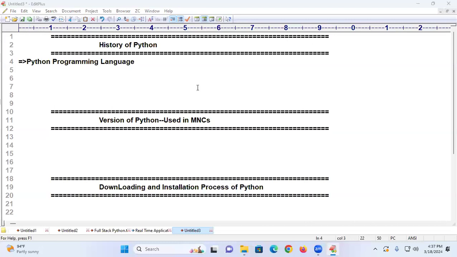My dear students, concentrate. The Python programming language was conceived in the year 1980.